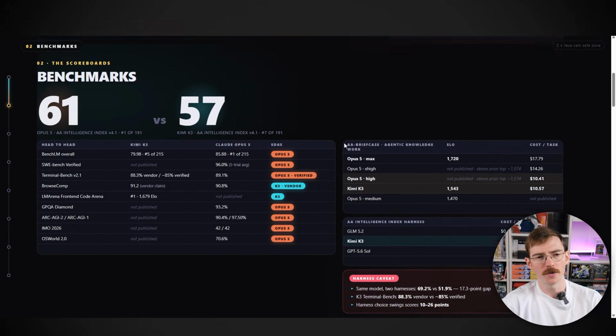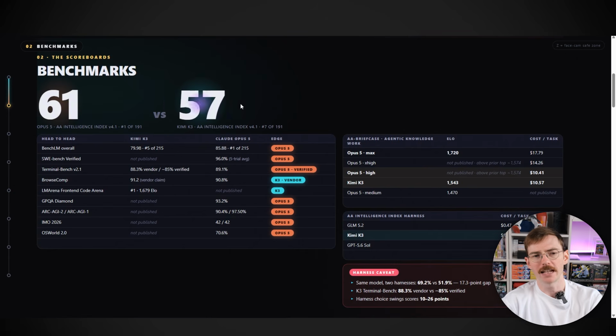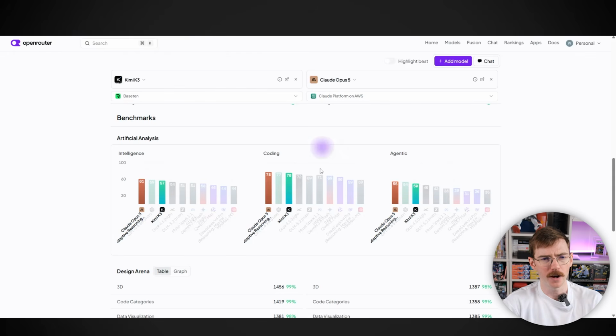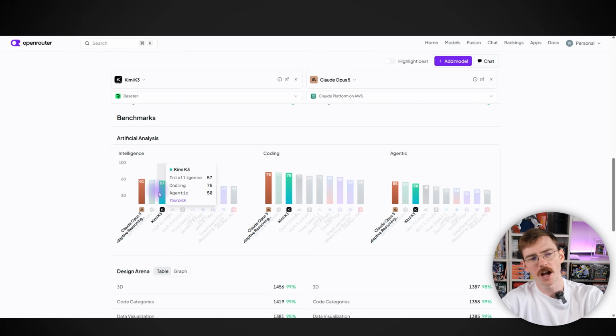Now, let's take a look at OpenRouter for the benchmarks, but they're actually really close when it comes to Opus 5 versus Kimi K3 versus ChatGPT Sol 5.6. So if we jump over to OpenRouter, here's a good diagram. When we look at the intelligence, the coding, and the agentic benchmark, they're neck and neck, right? In between them both is GPT 5.6 Sol, and my point is that anytime you're watching this video, whether it's K3 still or some future version, they do a very good job of very quickly releasing a model right after Anthropic that is almost as strong. And now, yes, they've been accused of using Anthropic's own models to train their model, and maybe that's why they're so close, but that's a topic for another day.